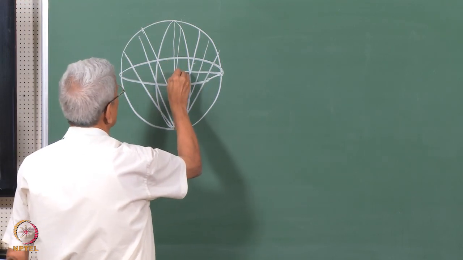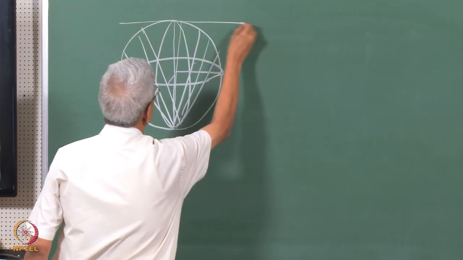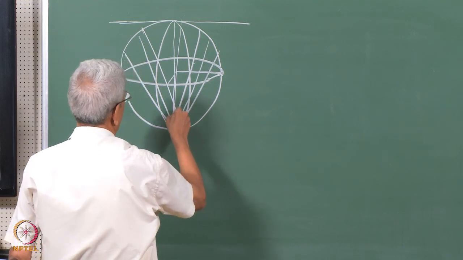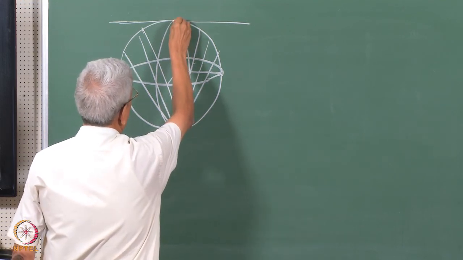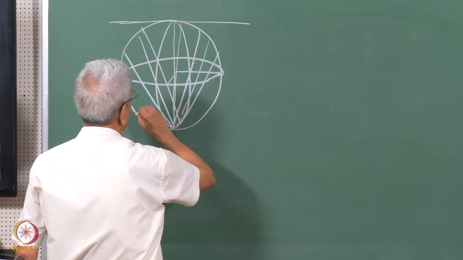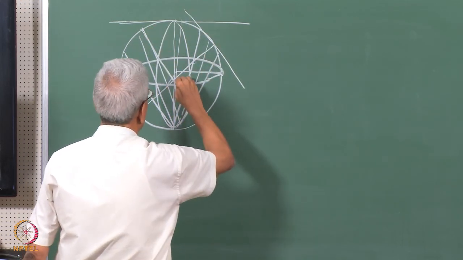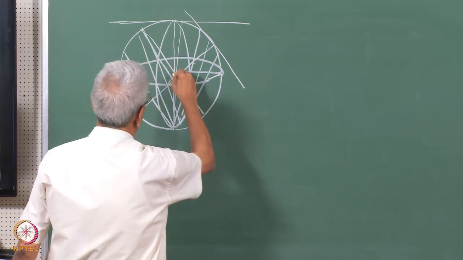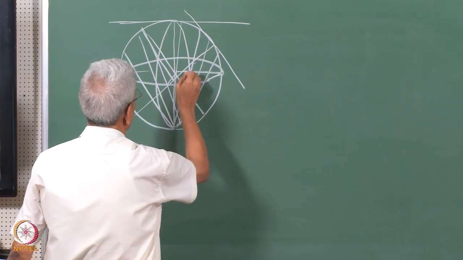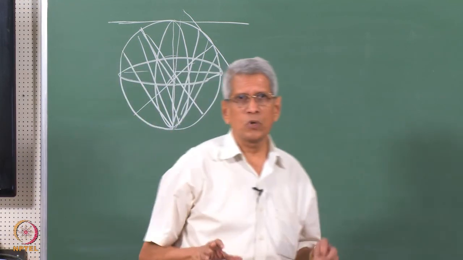Instead of taking this plane, we can keep a sheet of paper here which is tangent to the north-south axis, or any axis for that matter. Suppose we are viewing in this direction, then the sheet will be kept here, and the plane perpendicular to it is going to be the equatorial plane. So either this plane or that plane, whichever way, this projection is called the stereographic projection.